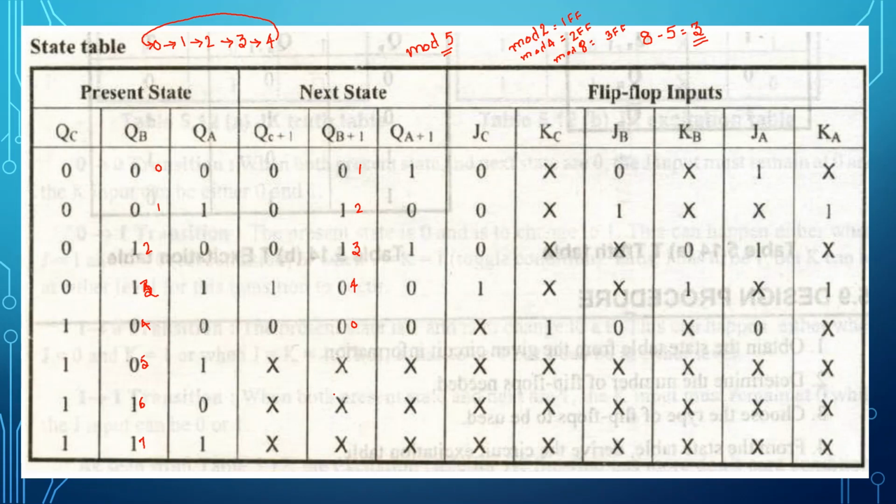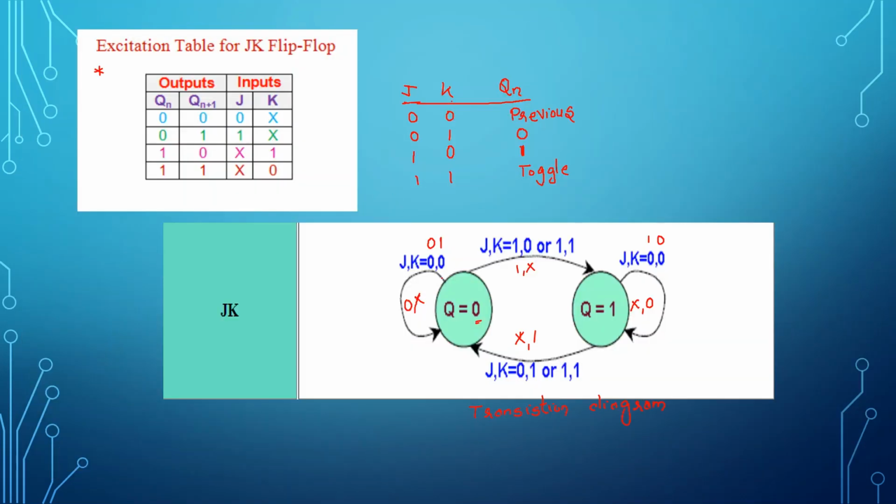Coming back to the flip-flop inputs. Please concentrate. Your input here is 0. What should be the next input? The next input should be 1. So let's say that the data stored in the flip-flop is 0 and you want it to change to 1. Let's go back and see that. What is the value of J and K you can give? 1 and x is the input you can give.